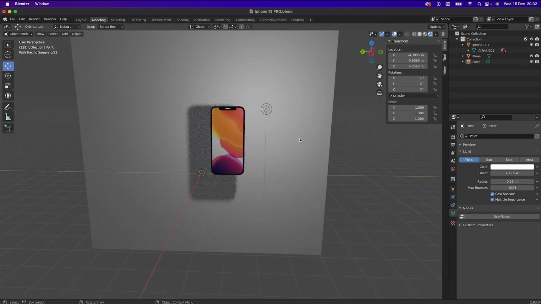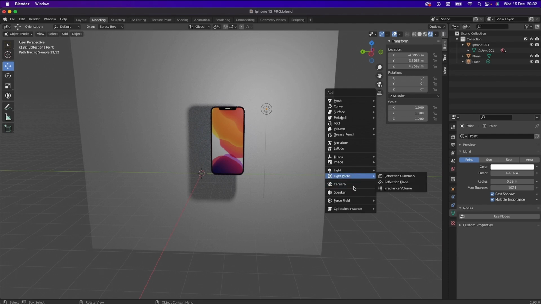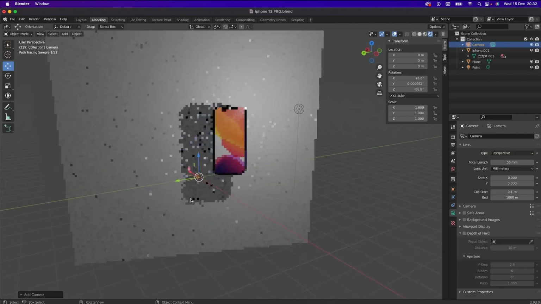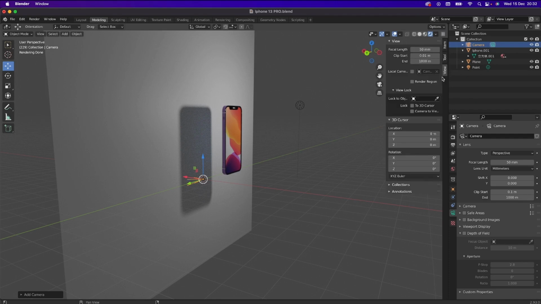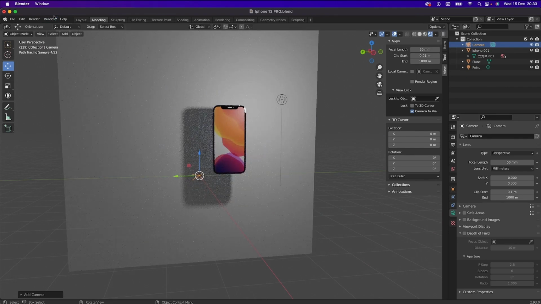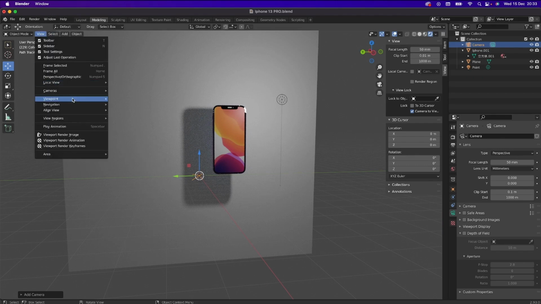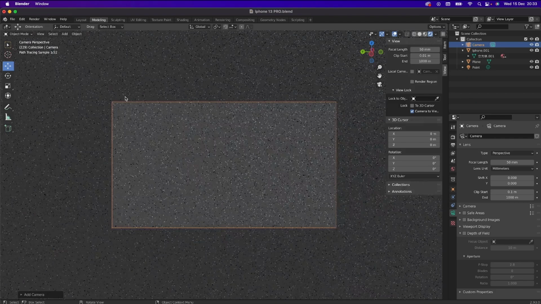Okay, cool. Now what I can do is add the camera. So Shift A, and we're going to do a camera. Click on that, and there's our little camera. So what we can do actually is just go into the camera view and position it the way we want. So we can go here to view, and down here what we can do is lock the camera to view. So if I click that and then go over here to view and then go over to active camera,